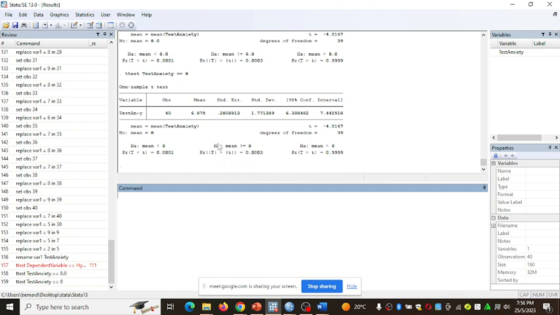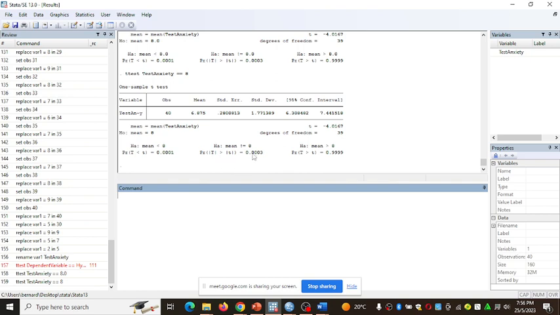So now the t-test will tell you whether your claim is valid or not, whether your claim is true or false. For example, my mean was less than 8. So still, I would conclude that